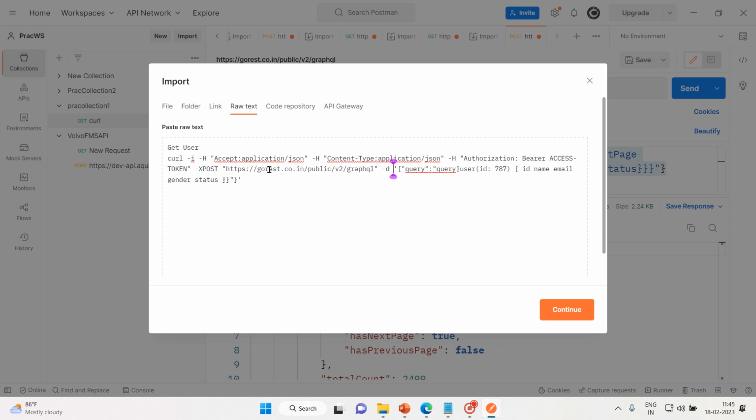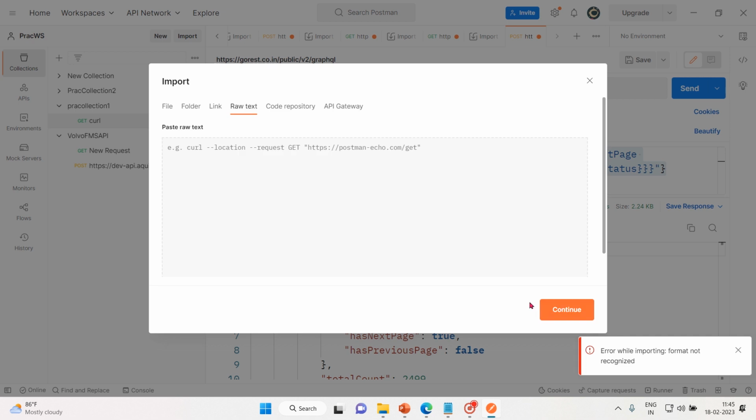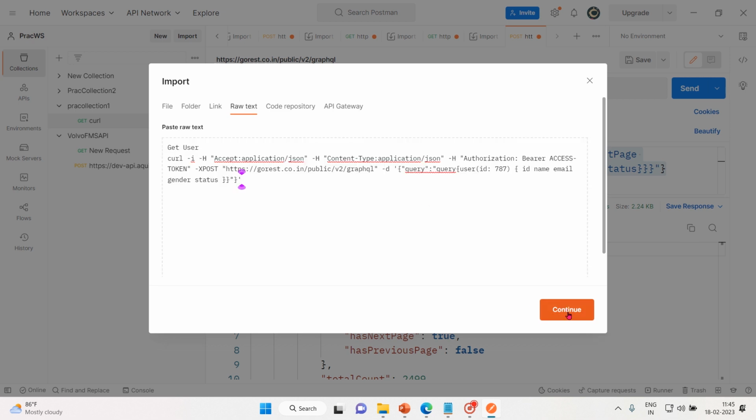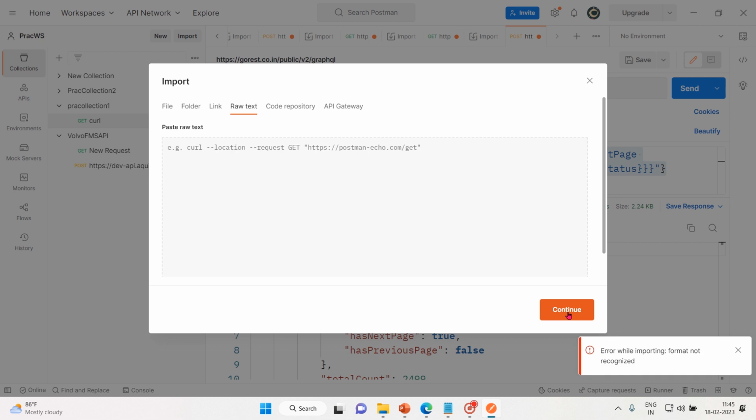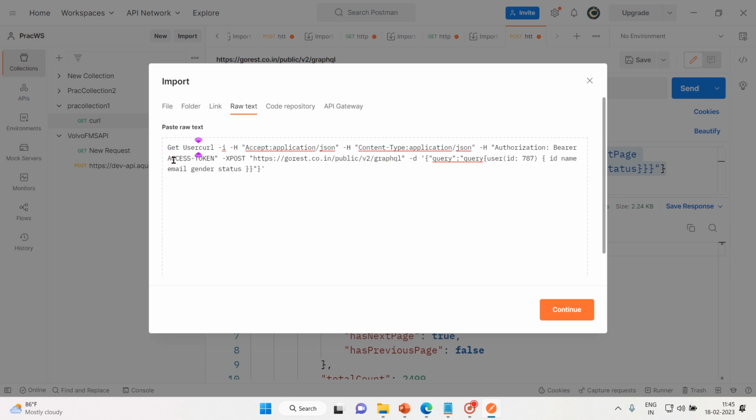Then we have a query. The query is completely different this time. So this time we are querying user, and then ID, name, specifically with ID. So in spite of the complete user list, we want to get this ID 787, and let's continue. Okay, there is some issue with the format. This one has to go here. So get user